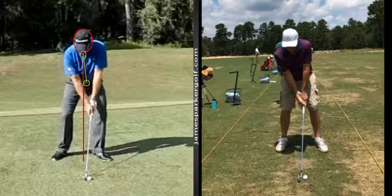And because the lower body center, the belt buckle, the center of the hips, is slightly closer to your lead foot, that's going to put a little bit more pressure from a static position. Don't forget, this is set up. That's going to put a little bit more pressure under your lead foot at the start. So let's say 55-60% under your lead foot at the start. Okay. So what I'm seeing is,